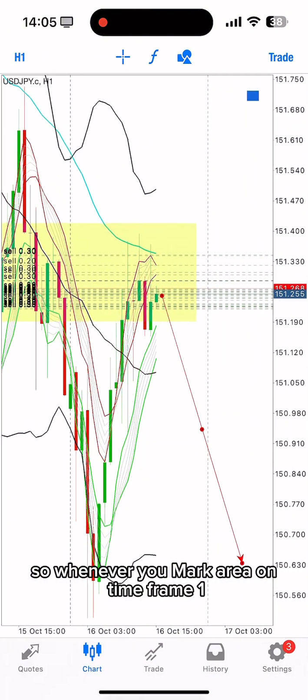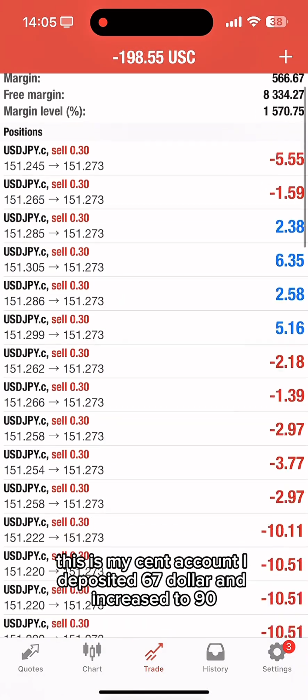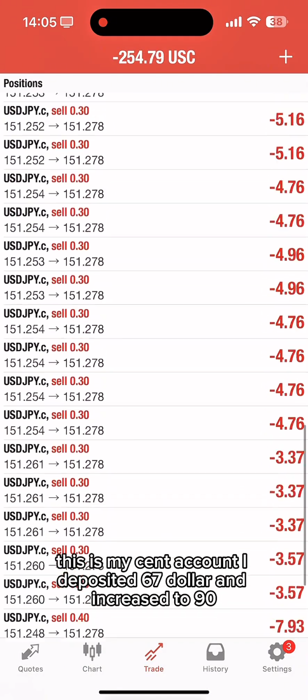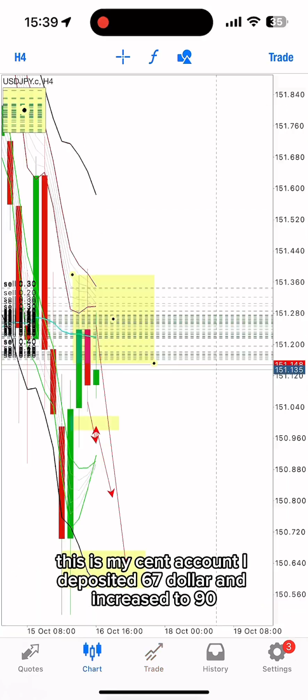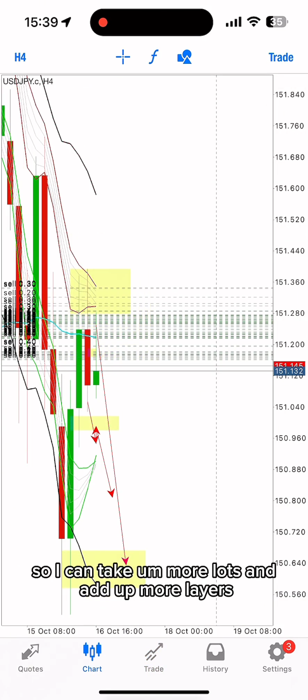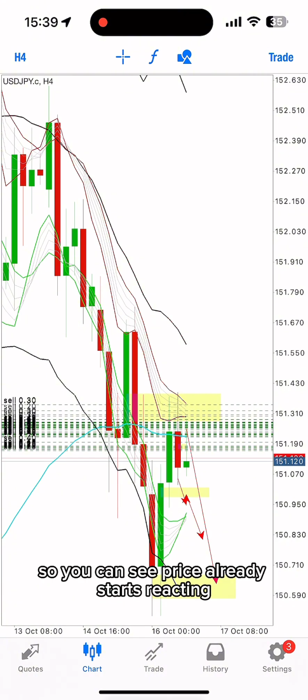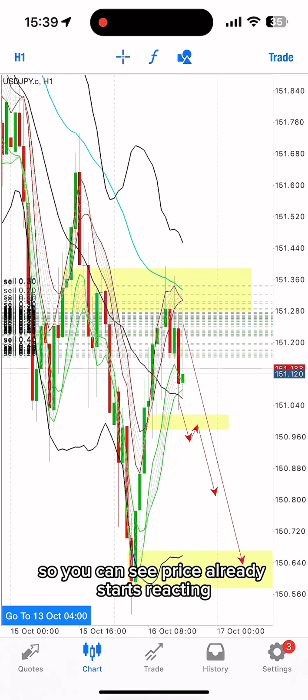So whenever you mark an area on time frame 1, always check Bistra or EMA 50, top BB or low BB on time frame 2. This is my center count. I deposited $67 and increased to 90, just to increase my liquidity so I can take more lots and add up more layers. So you can see price already starts reacting,